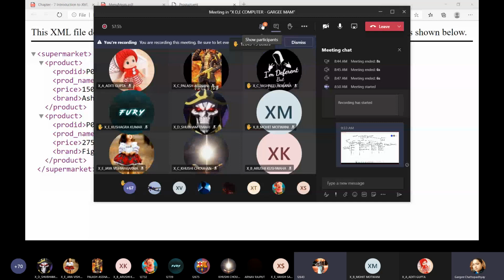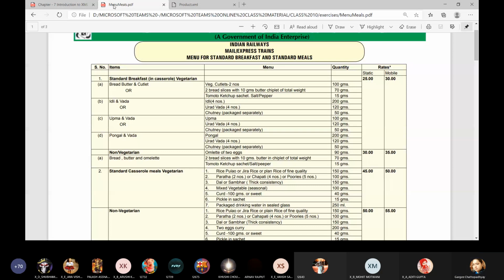So I hope you all understood. Was it clear to everyone, especially 10th A, B and C? Did you understand at least a little? Yes, ma'am. More you will understand when you go on attending more classes. This is just the starting. As we go on solving more and more examples, you will understand it in a better way. We will very soon create an XML document for this. I'll just wrap up with this.